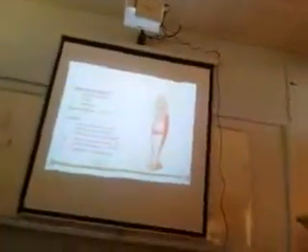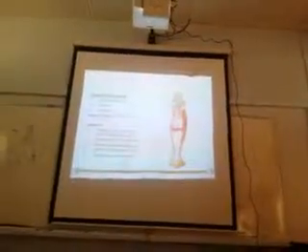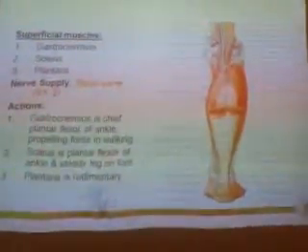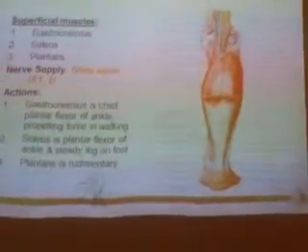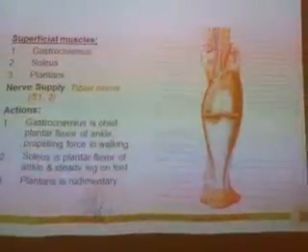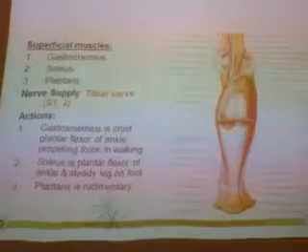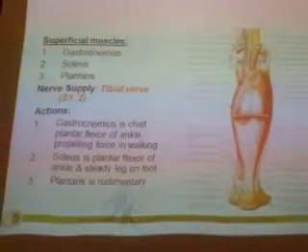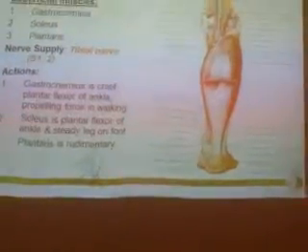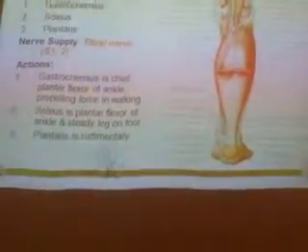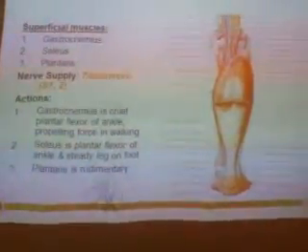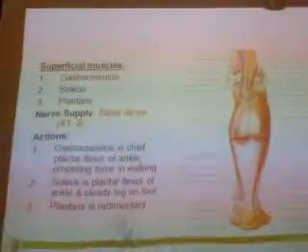The second is the soleus muscle. This is also a muscle which helps in the plantar flexion of the ankle, and it also helps in standing. It steadies the foot on the ground. This is the second muscle which also helps. The third muscle is plantaris. It's a very small muscle and doesn't do much because it is rudimentary and already degenerated. So these are the three muscles: gastrocnemius, soleus, and the plantaris.